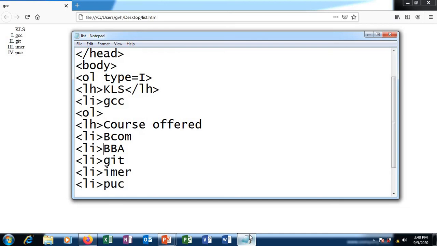HTML understands that it is the end of the previous LI. So you need not end the LI tag. Let me add BBA, then BCA, and at the end we'll add MCom.